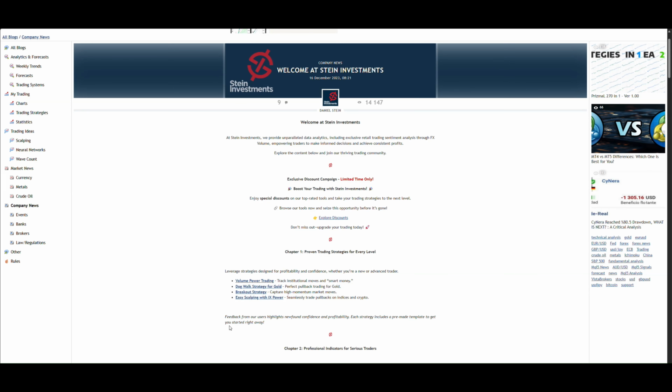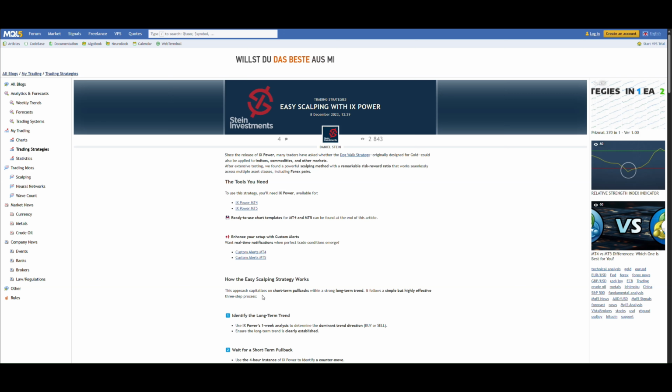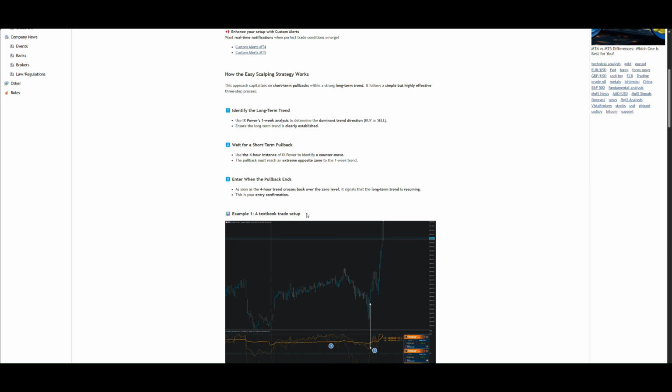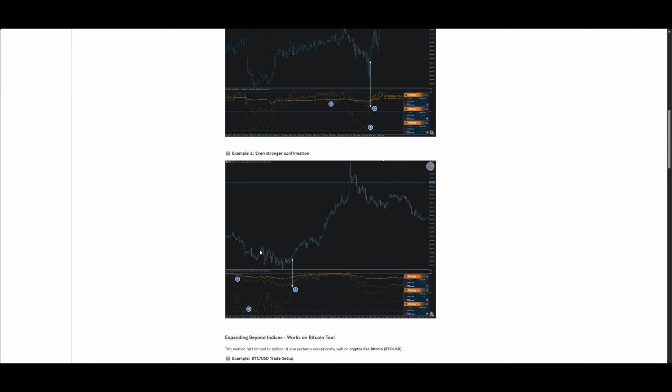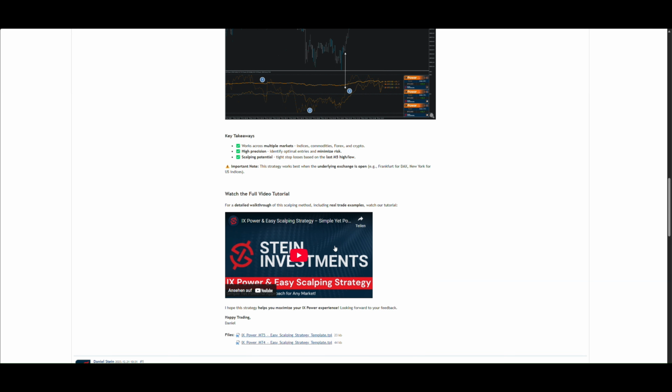The easy scalping strategy is also available on our central page, and you'll find it here along with some screenshots that explain it in detail, and a tutorial video which I made 2 days ago to explain how to set up IX Power, how to work with this tool,